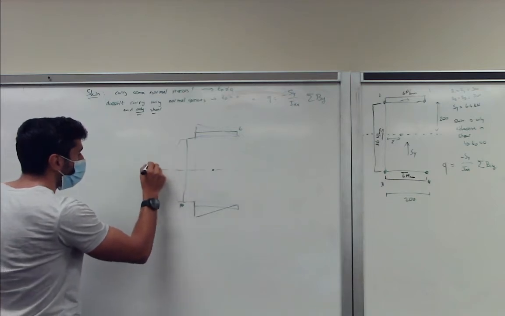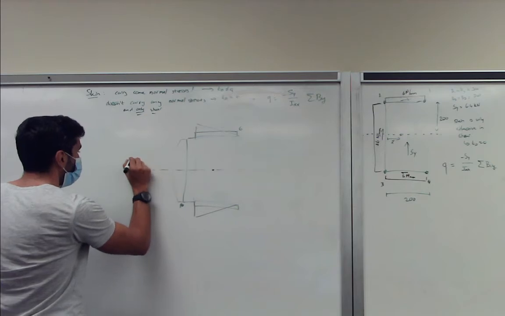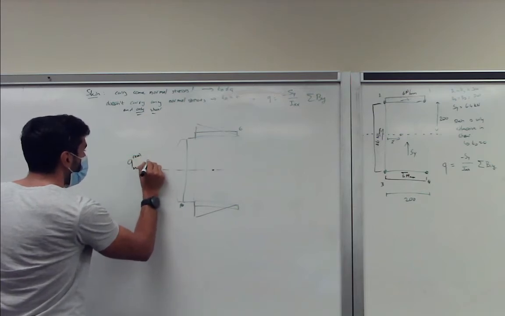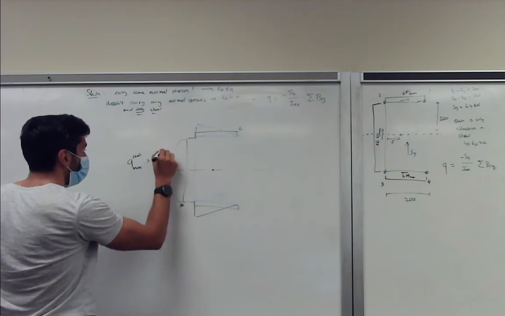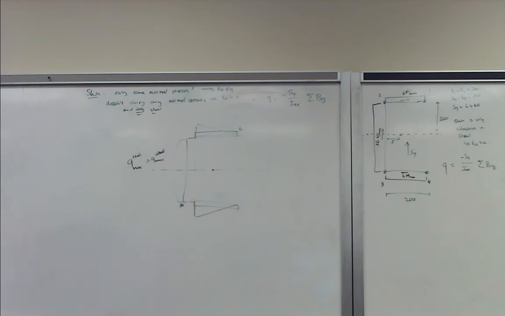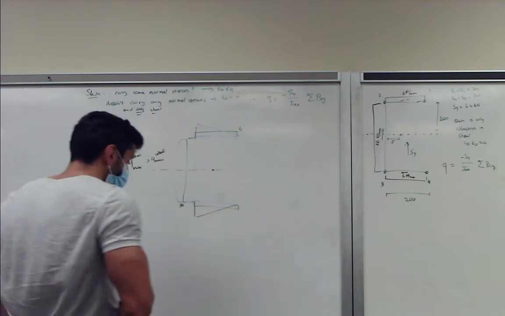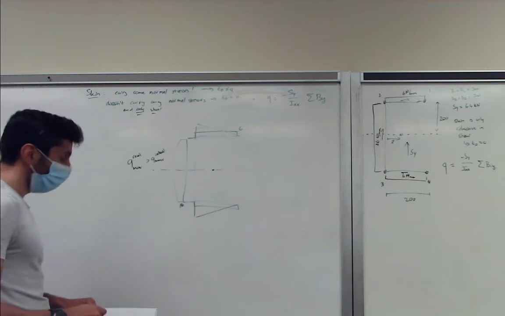Here we got Q max, say real, will be larger than the Q max ideal. So what that basically means is that our original assumption that we had 4 boom areas is not an accurate